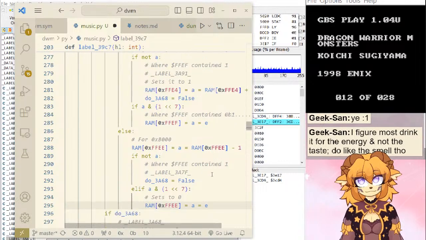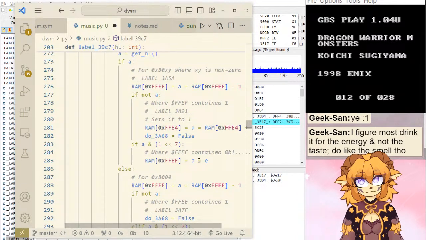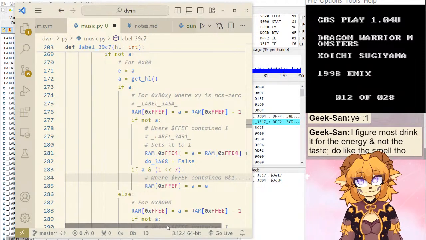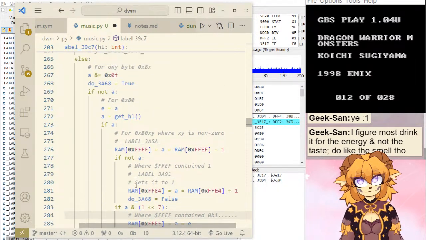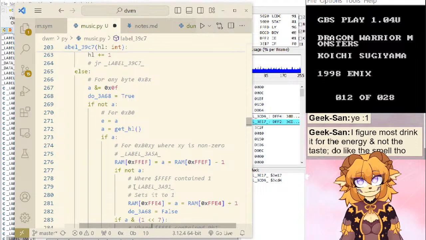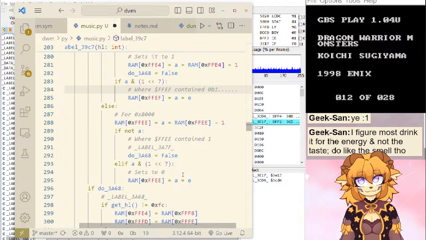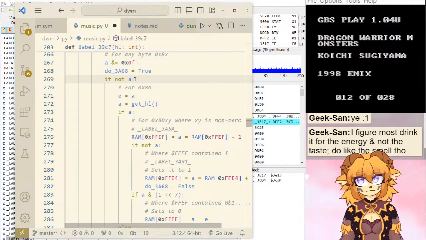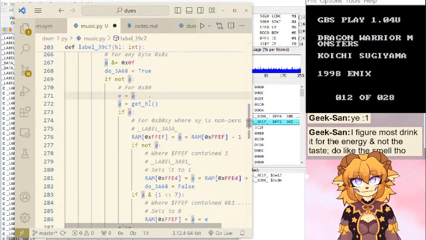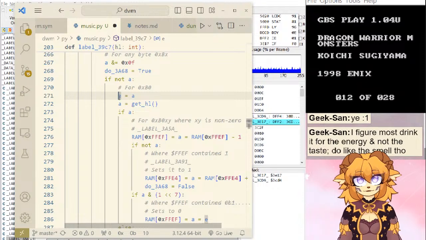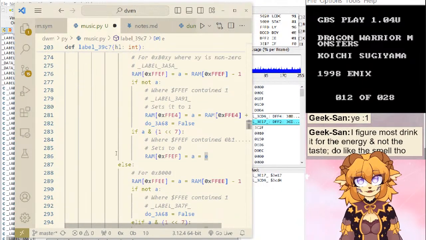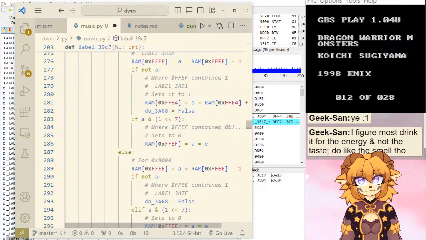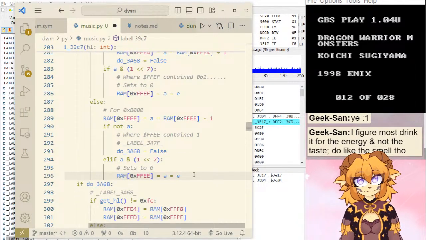So what is the value here? It should be... Oh, no, wait. No, it is. Sorry. I'm sorry. Okay. This, because this is not A, so A currently is 0, and it puts it there. But for this one, I guess it's the same. It has to be the same. Okay.